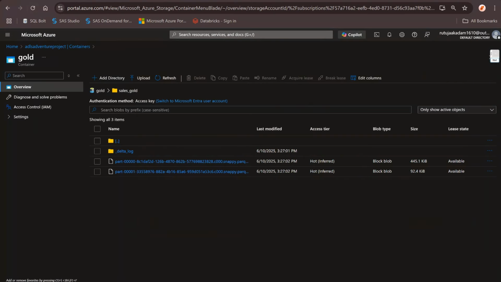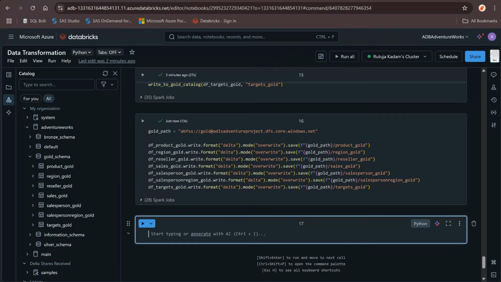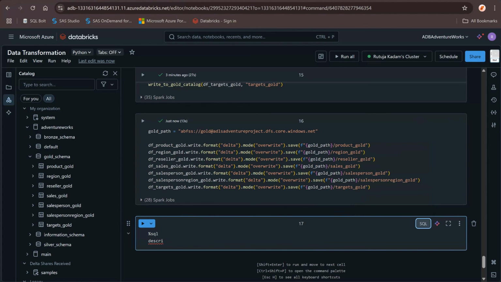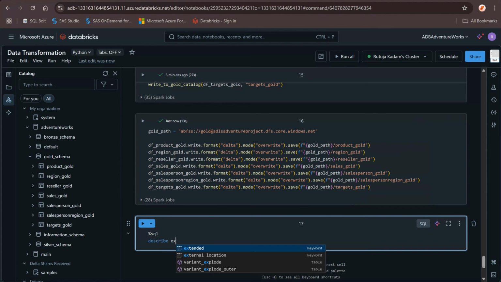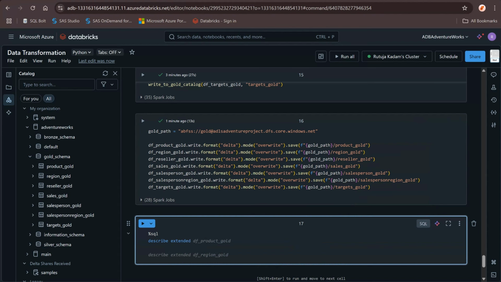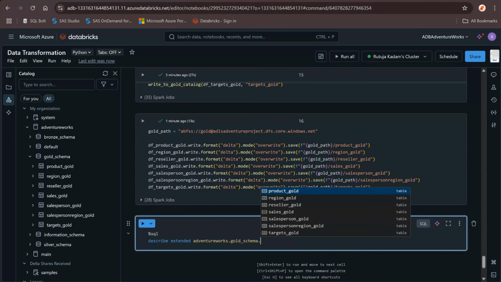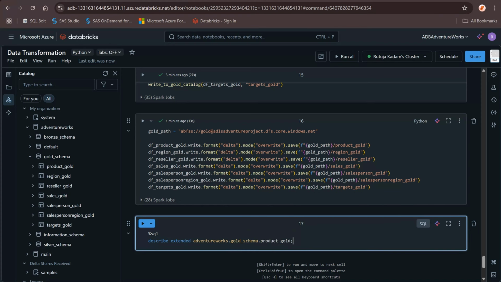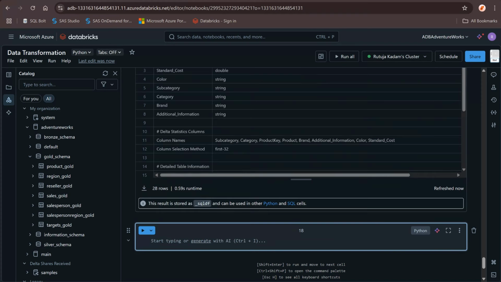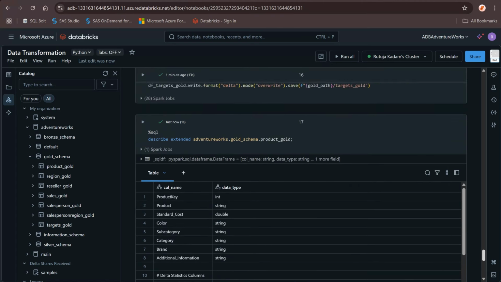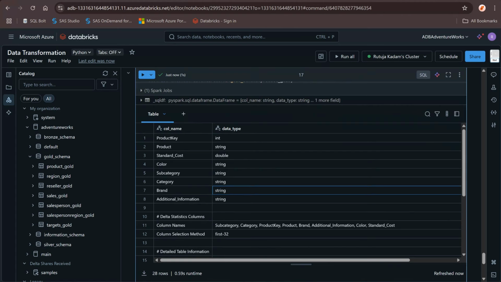Okay. So first, what we will do is check the type of table. For that, we will use SQL DESCRIBE EXTENDED, then adventureworks.gold schema, and maybe for example for product gold we will check it. Just run this cell, and now it will give the information of that respective table. So if we come down,